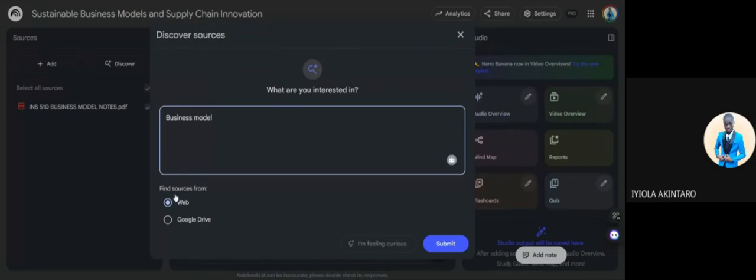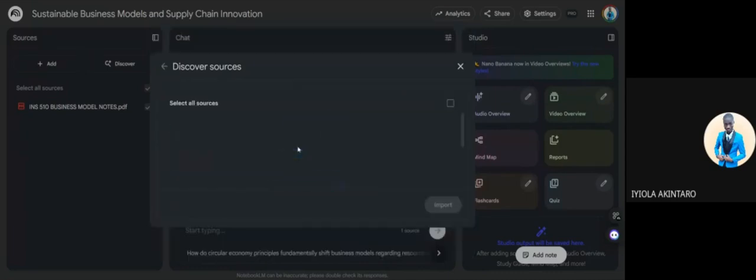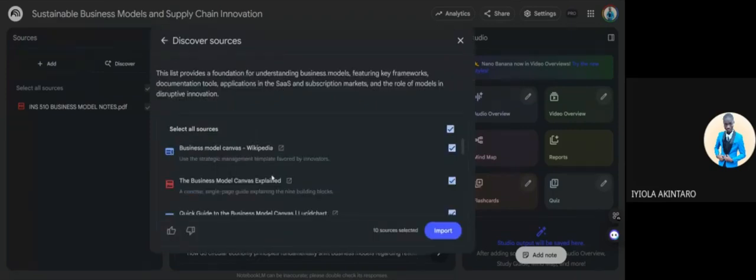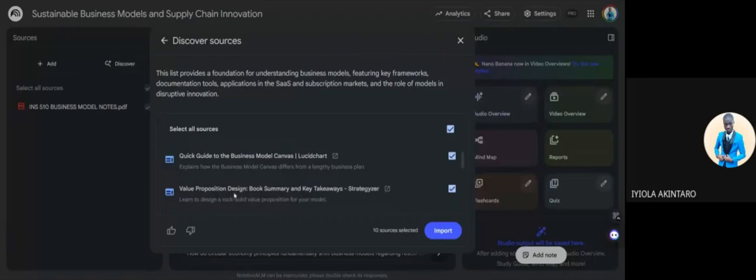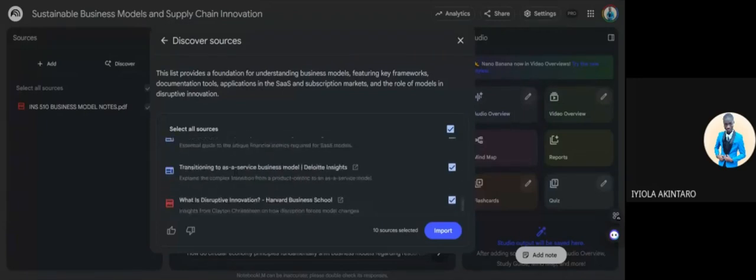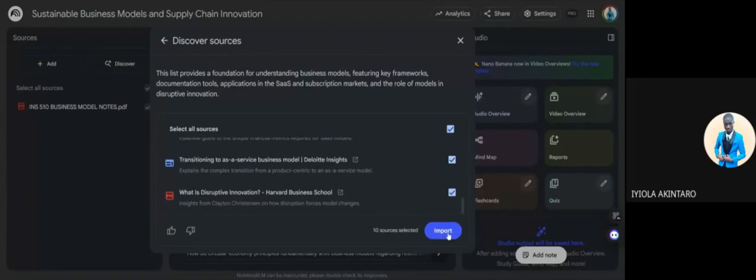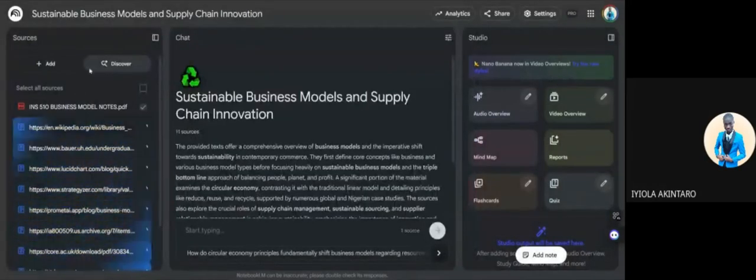Okay, so find sources from the web. Let's get some sources about business model from the internet that we can add to our research. So we have Business Model Canvas, Business Model Canvas Explained, Quick Guide to Business Model, Value Proposition Design, and a lot like this. So let's import these 10 sources into our